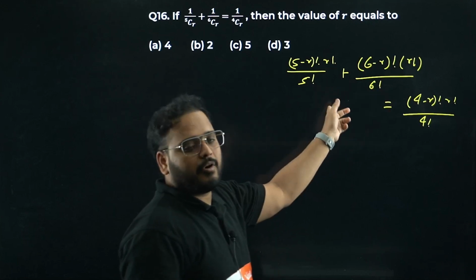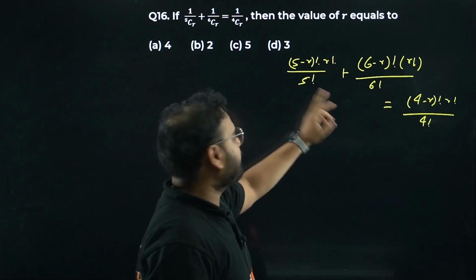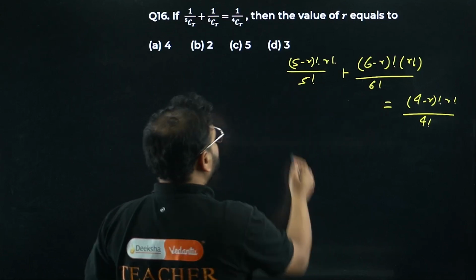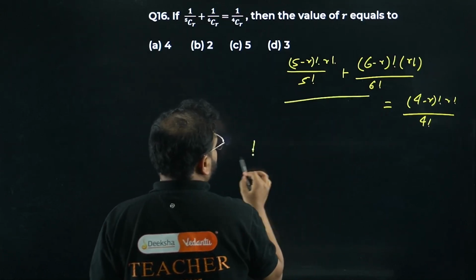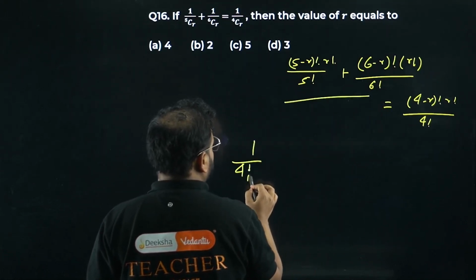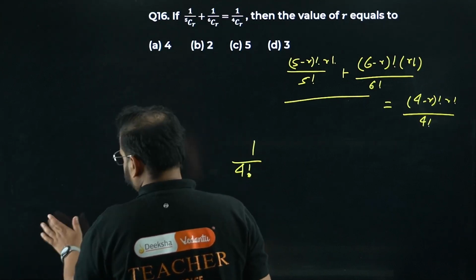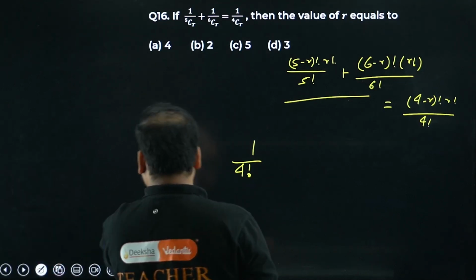Both of this will have 1 into 2 into 3 into 4, right? We'll have 1 into 2 into 3 into 4 into 5, till 6 we have in this case. I'm going to take this out from the first two terms. 1 by 4 factorial common. Okay? 1 by 4 factorial common. Great. From there, what about the numerator, sir?